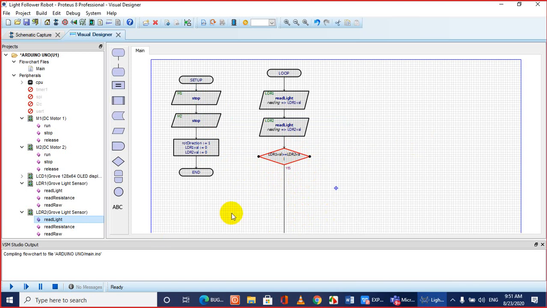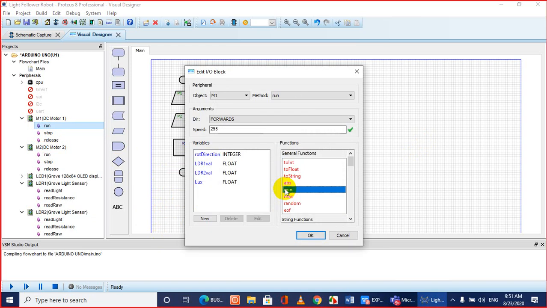To move the motor forward, go to the motor, run motor, pick up the run option, drag and drop, double click. Look over here, motor 1, the method is run.